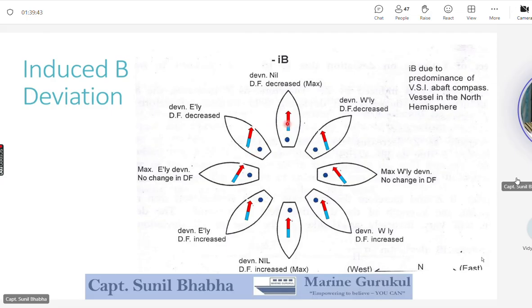So we can see that the deviation which is generated is semicircular. From 000 to 180, the deviation generated is westerly, and from 180 to 360, an easterly deviation is generated. Maximum deviation is generated on easterly and westerly courses, and zero deviation is generated on northerly and southerly courses. So you can see it is proportional to the sine of the compass course. Sine 90 or sine 270 has a magnitude of